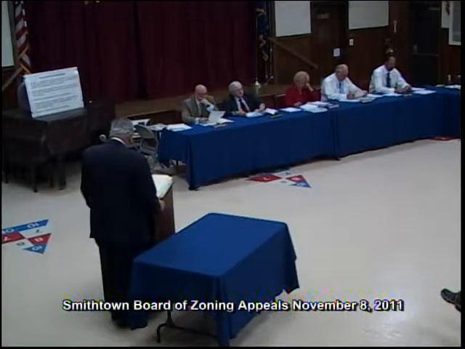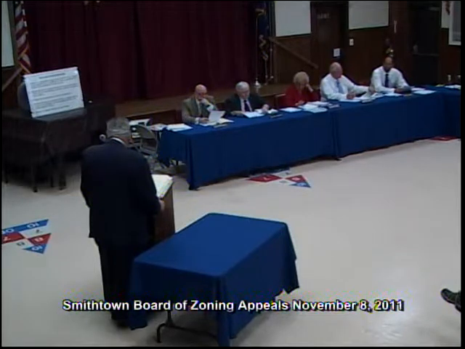We don't think that this will be an undesirable change in the character of the area. It's a swimming pool, if you look at the survey. It's towards the back end of the property, meeting all the setback requirements. Can the benefit be achieved by some other method? No, the groundwater is the groundwater, and obviously we have to live with that. Whether the requested area variance is substantial, not in this situation. Whether the proposed variance will have an adverse impact on the environment or the physical characteristics of the neighborhood. It will not. It's a swimming pool.